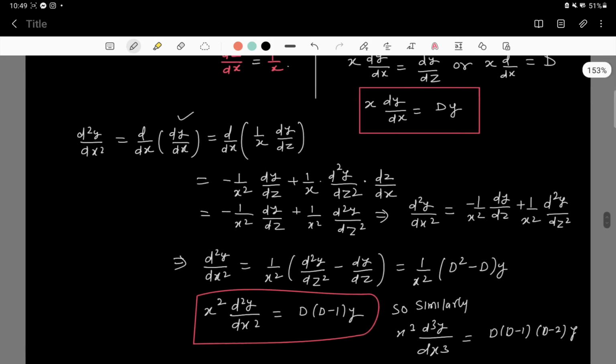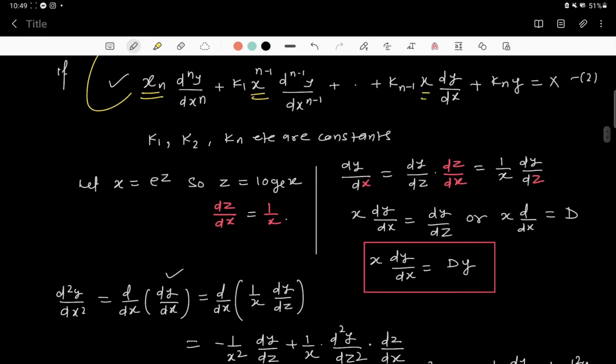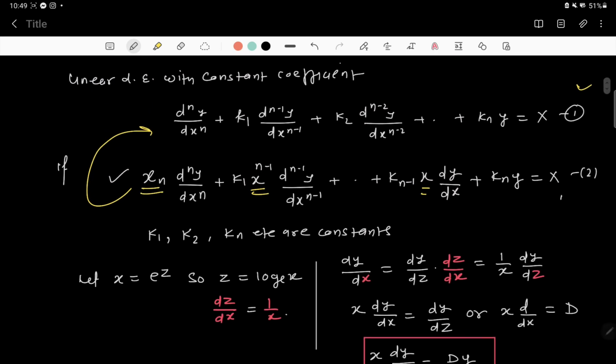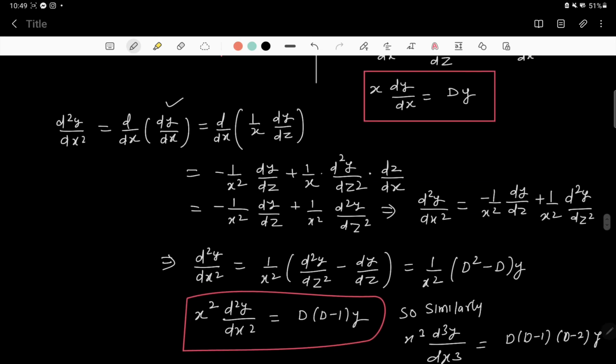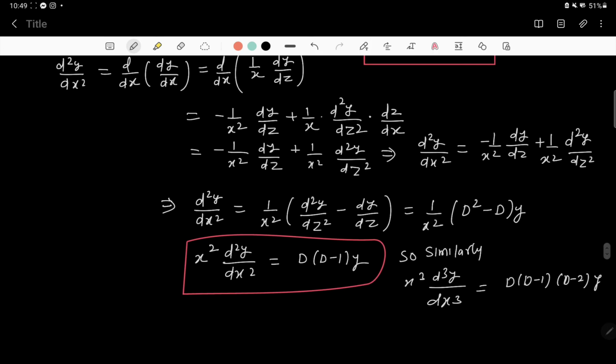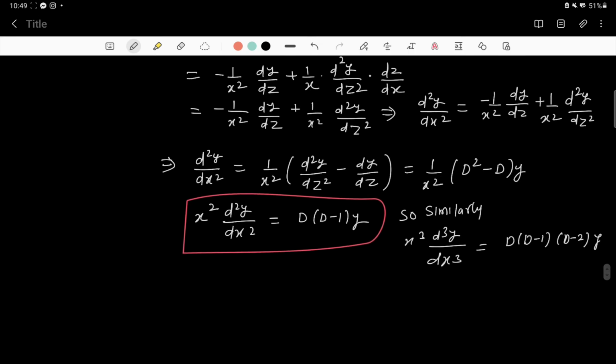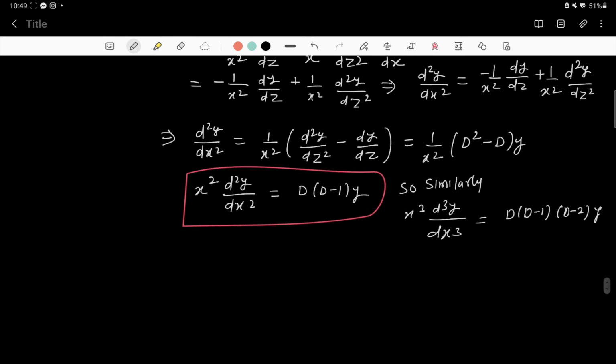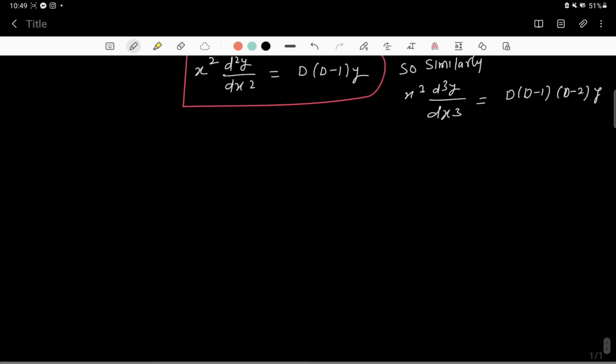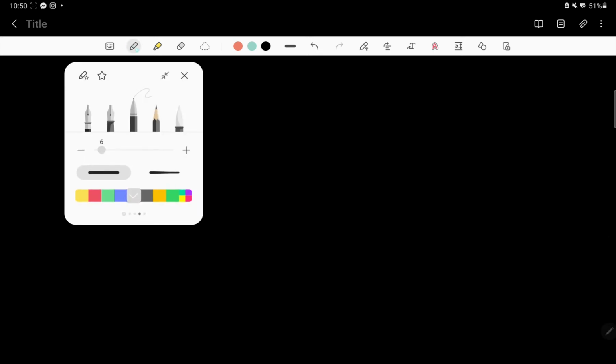When you put all these values in equation 2, you will get equation 1. So our Cauchy-Euler homogeneous equation is converted into the form of linear differential equation with constant coefficient, and after putting these values the solution will be easy, as we have discussed in the earlier lecture. For understanding this methodology, let's take one example. Suppose we are given one question in the examination. Solve